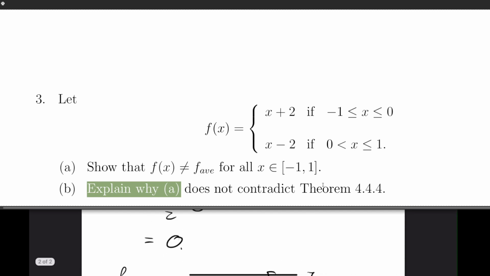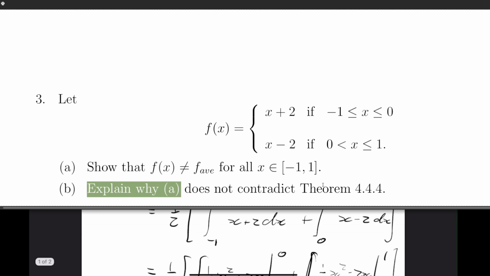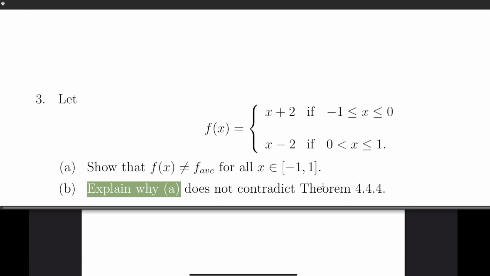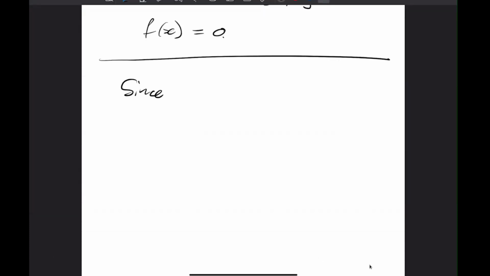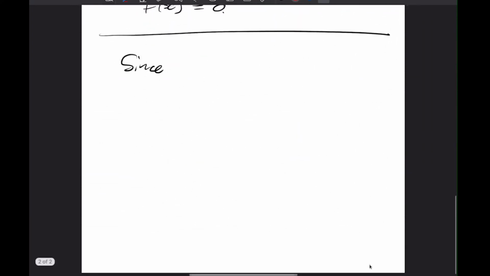So what is the problem here? Notice here there is again a discontinuity. There is this jump discontinuity here at 0. So if we think about the graph of f, there is this jump discontinuity here at 0. So since f is discontinuous at 0,